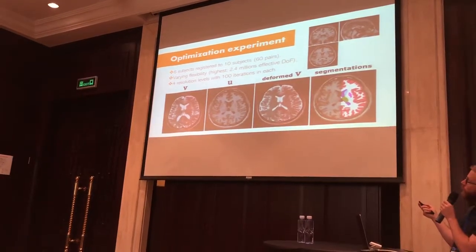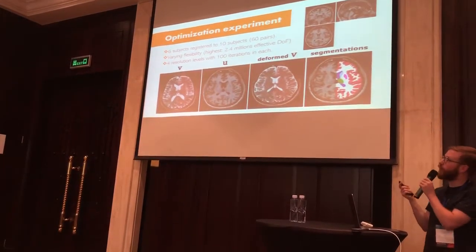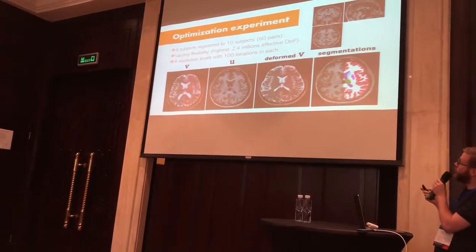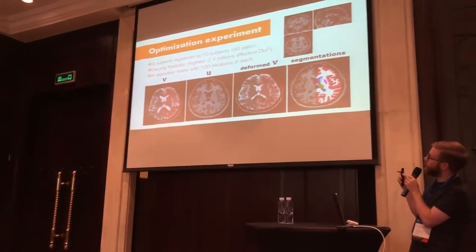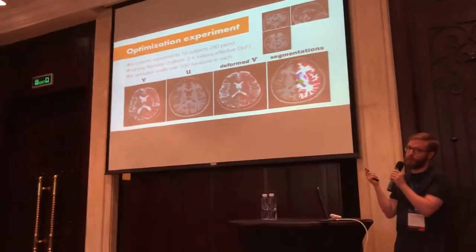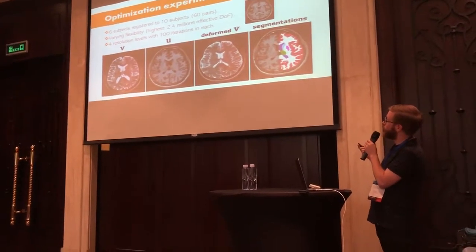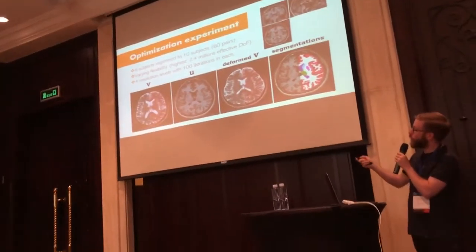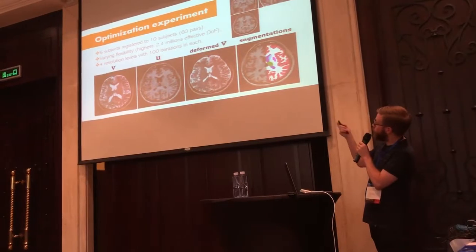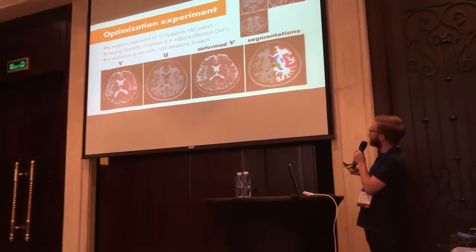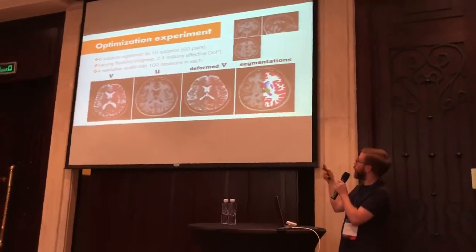In the experiments we've done, we've used 6 subjects that were registered to 10 subjects. So we have 60 registration pairs, obviously in 3D. We're varying the flexibility with the highest model flexibility close to what we would use in demons. We use 4 resolution levels with 100 iterations in each. Here you can see an example with the T2 weighted V and T1 weighted U, deformed here with our EM algorithm. And then we also have segmentations, which we will use to compute dice scores